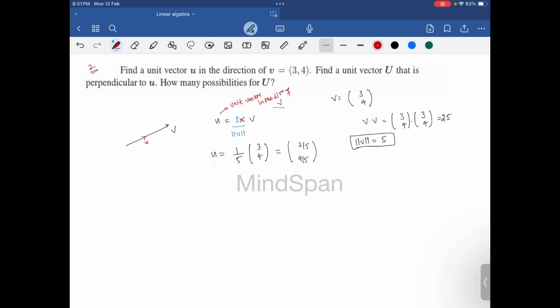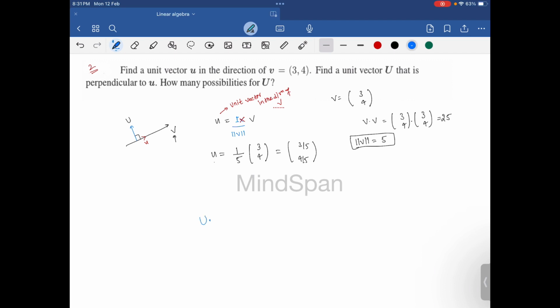You have to find एक ऐसा वेक्टर जो कि परपेंडिकुलर हो इस u पे, राइट। और अगर ये small u पे परपेंडिकुलर है तो ऑब्वियस सी बात है ये जो होगा, ये वेक्टर v पर भी परपेंडिकुलर होगा। और ये U जो है ये भी यूनिट वेक्टर है। So this U is also a unit vector and it is perpendicular to this vector u. और अगर small u पे परपेंडिकुलर है तो इस v पे भी परपेंडिकुलर होगा।